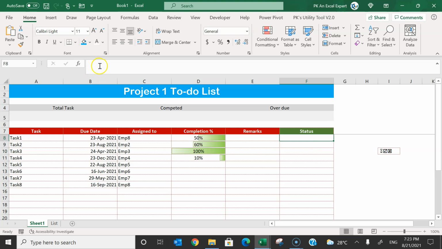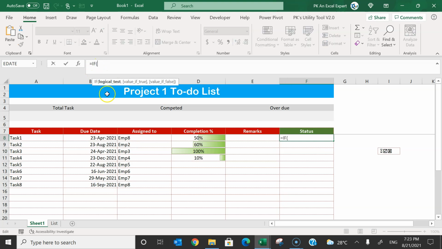So let's put here if this value is equal to 1, then in the inverted commas let's put this. Then again we will use IF, and I will use TODAY. If today's date is greater than this due date, that means this task is overdue. Alright, so that means it will be considered the cross sign.